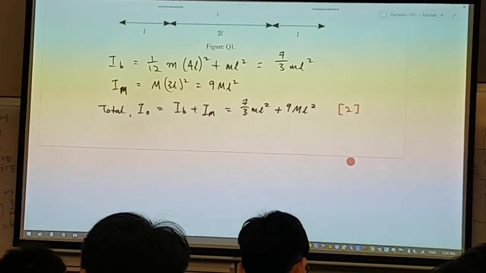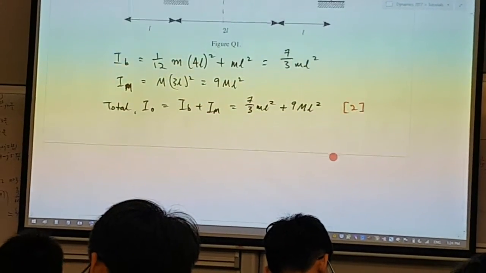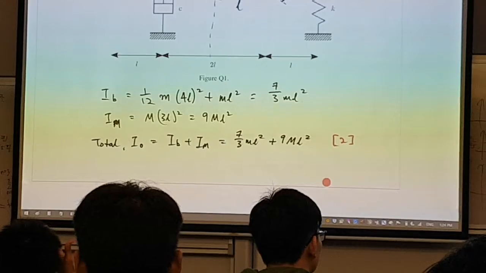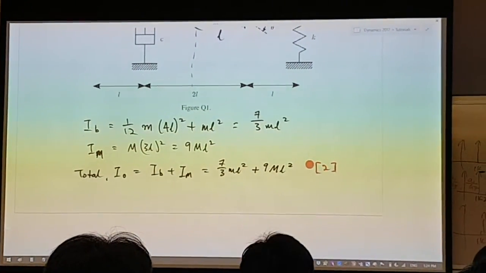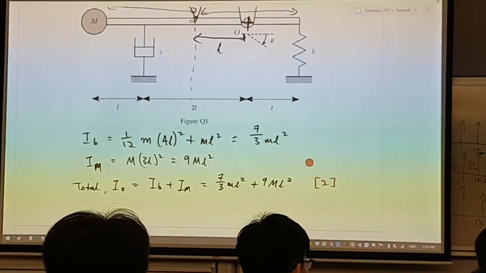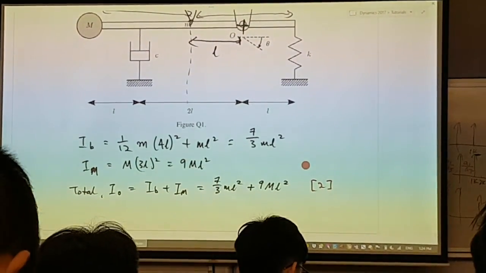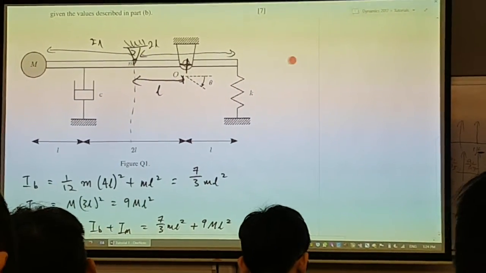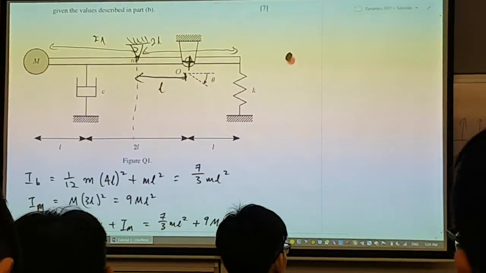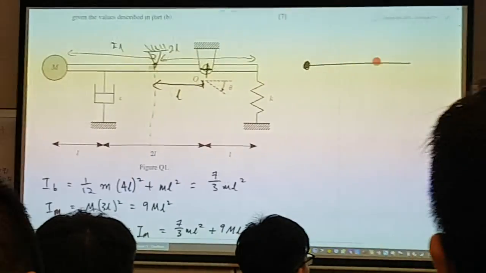So now that you have that, let's have a look at the free body diagram. For the free body diagram, I think there are going to be a few variants. If your peer were to write the free body diagram in the following way,